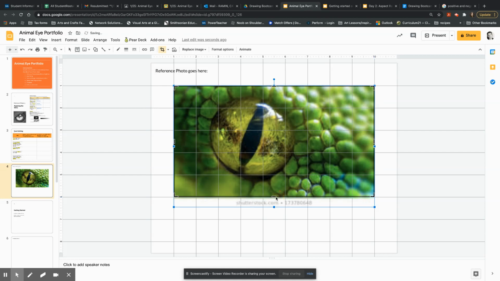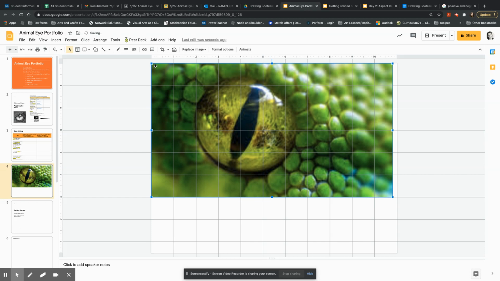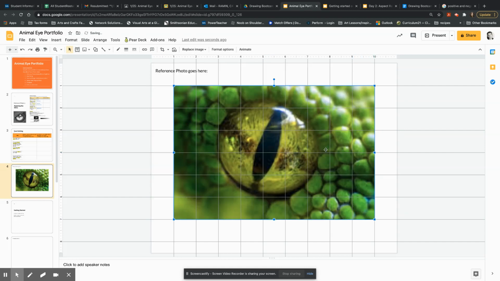Right? I could bring this up so that it lines up exactly on one of the lines. Or I could even crop it so that it matches the aspect ratio. So remember, it was closest to 2 by 3. So if I bring it up here, if I make it 6 inches tall, 2 by 3 would mean I need to make it 9 inches long. So I could crop it, get rid of some of this extra space on the side. And now I have a 2 by 3 image that I could then bring back, and that's a little more